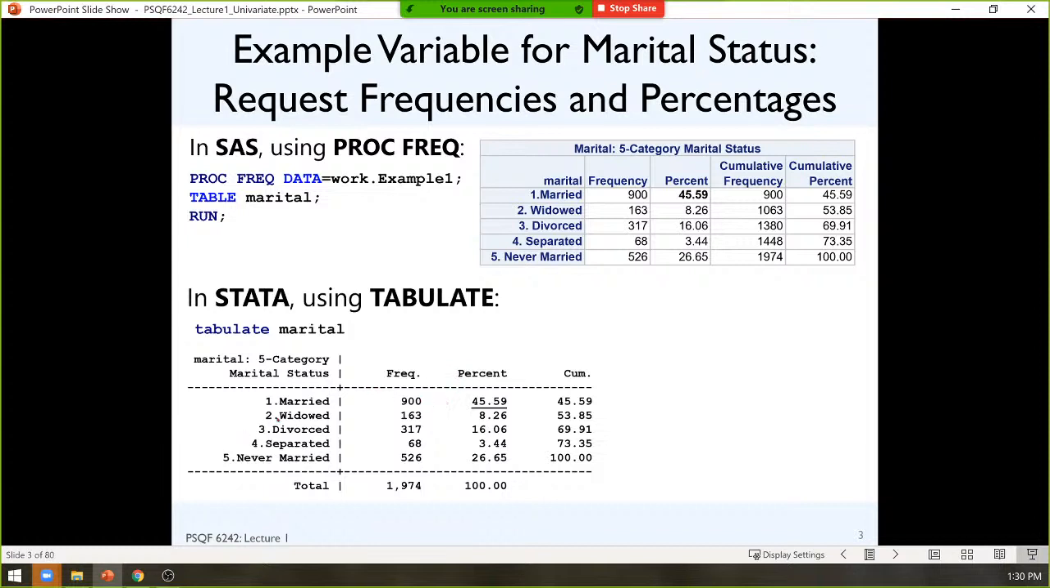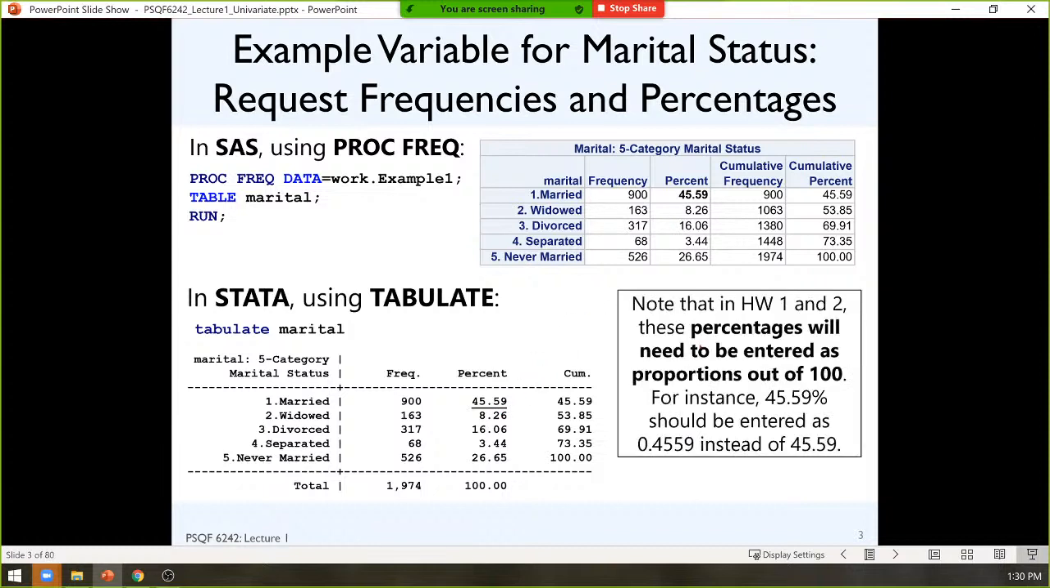Okay, so Stata's output looks, other than a little bit of difference in the formatting, pretty much the same. And I have highlighted this 45.49 to make a point. Another area of confusion in homework. So for your first homework, I will ask you to generate these kinds of summaries, frequencies and percentages. The way that I want you to enter the percentages, though, is as a proportion. So rather than